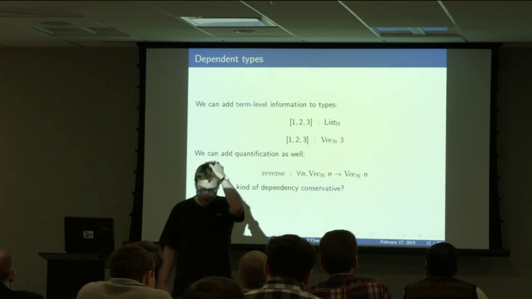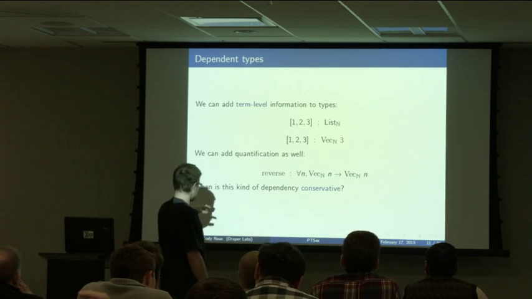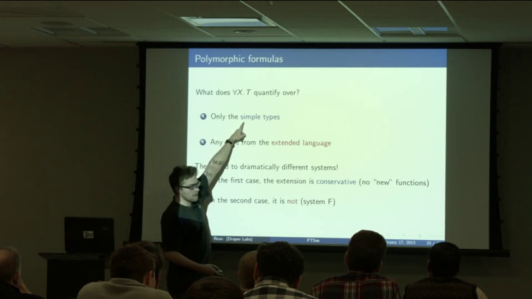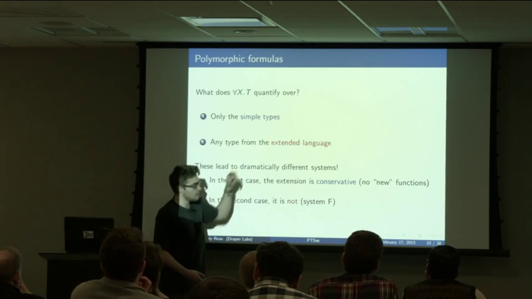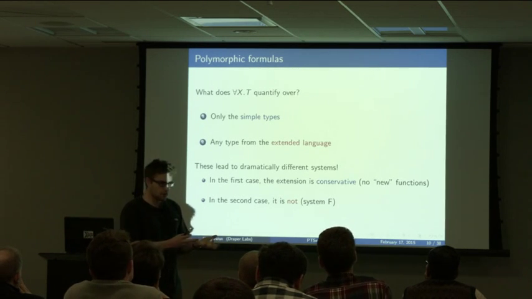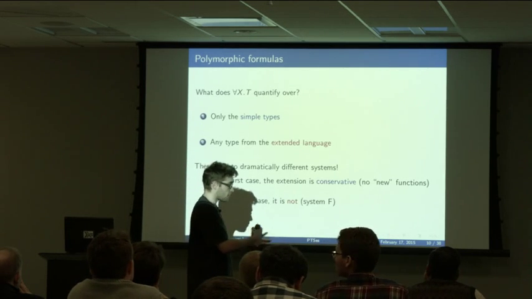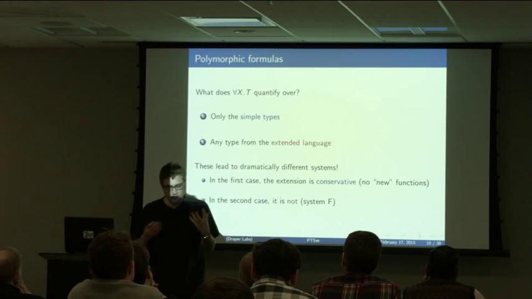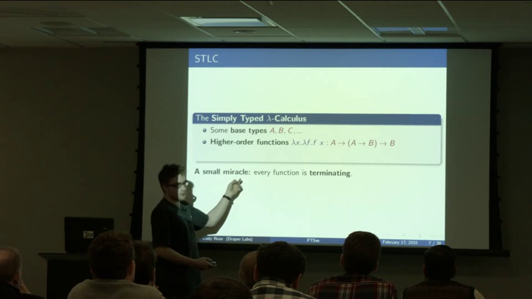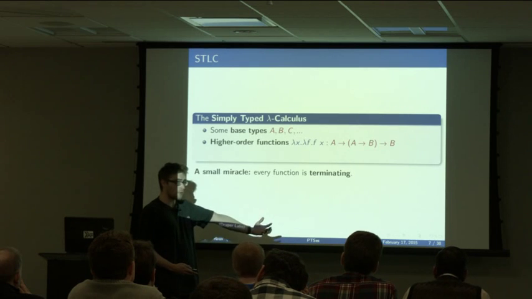And here I ask the question, which is sort of an artifact of an old version of this talk: this type dependency that we're adding, does it behave more like this, or does it behave more like this? Which means, does it add computational power, or does it just add expressive power? Is it just a convenience that only allows us to write the same programs, or can it allow other programs? And in particular, does this miracle still occur when we add dependent types? Does this miracle still occur when we add polymorphic types?